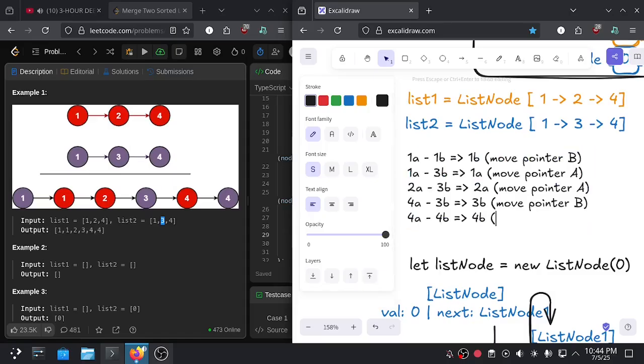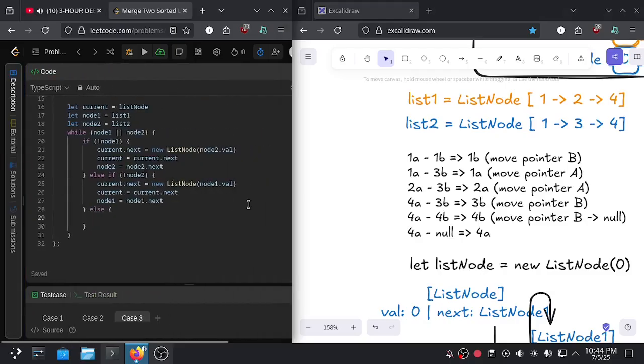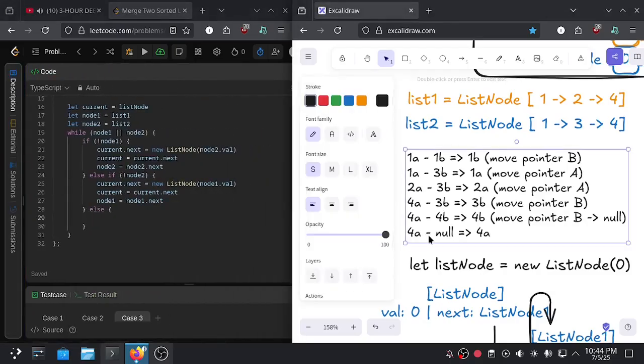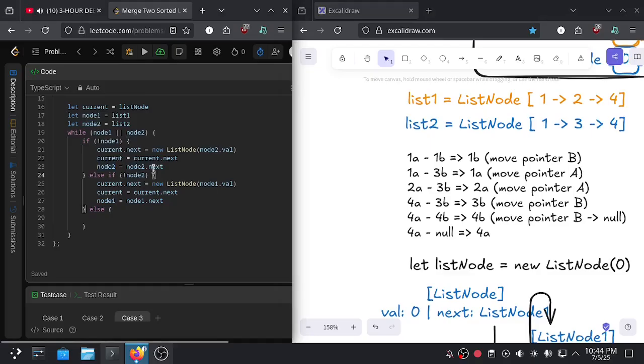And then we are moving pointer B, and pointer B is pointing to a null value or out of bound. And then we are comparing 4A with the null. Of course, we are using the 4A. So let's implement this. Since in the last iteration 4A against the null is equal to 4A, it's because we are using